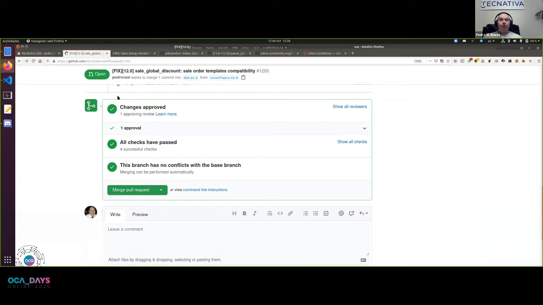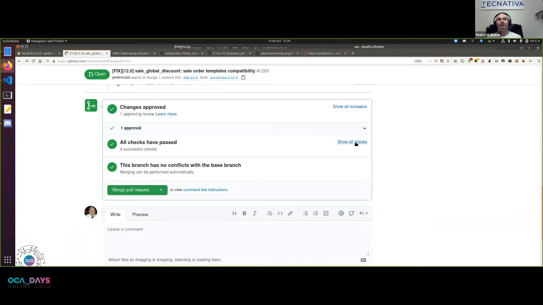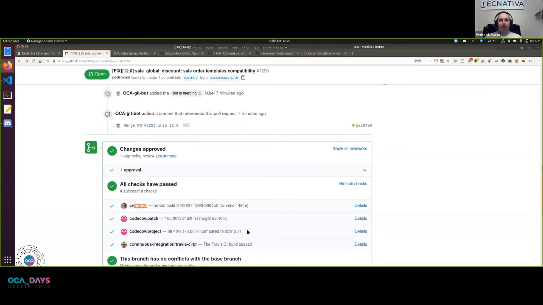How? If we go to the bottom part, we have here the several checks. These checks, if everything is green, it's great because it means that the automatic checks have passed. We will see later what happens if this is not the case. But let's focus right now on this step. I have unfolded this, and we have runbot. Runbot is for trying functionally the things that this pull request introduces. So if I go to details,